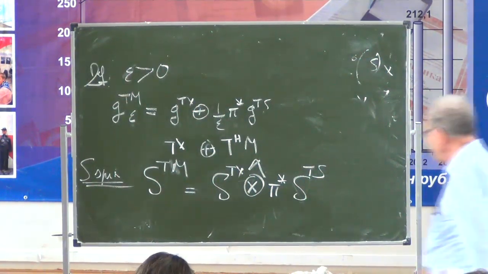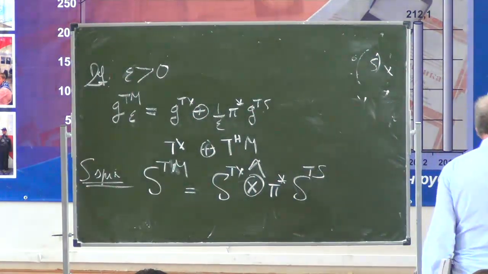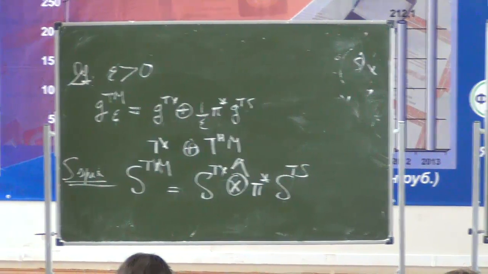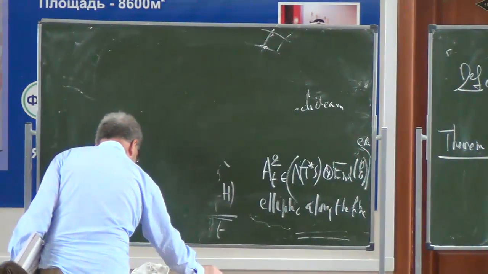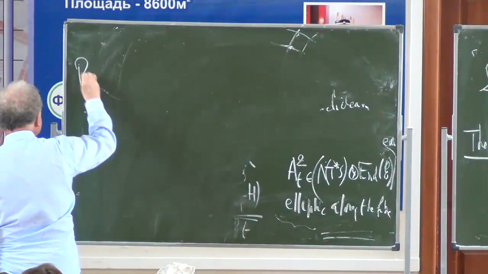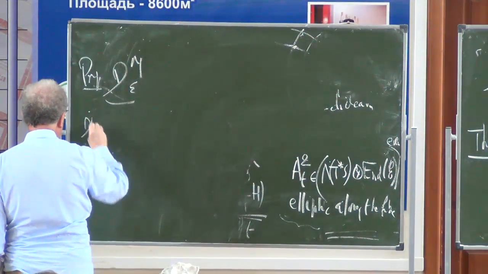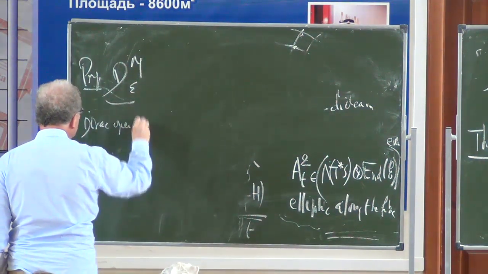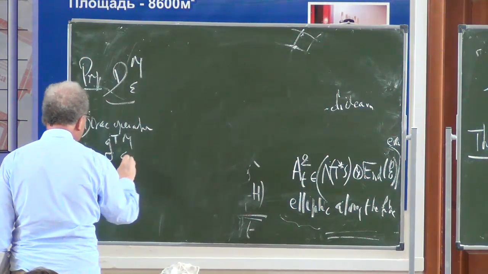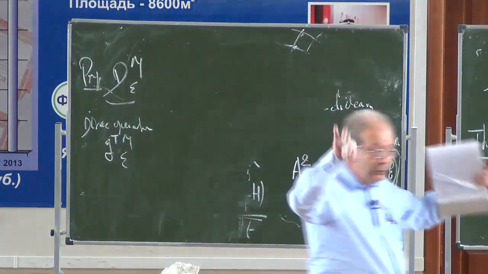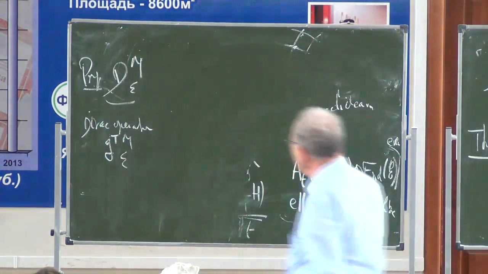Okay, so let me now explain the structure of the corresponding Dirac operator on M. So this is a proposition. Let me call D^{M,epsilon} the Dirac operator associated with the metric g^{TM,epsilon}. So this is the total Dirac operator on the total manifold M. For the moment I don't look at the families. I just look at the full Dirac operator on the total manifold. Then this splits as